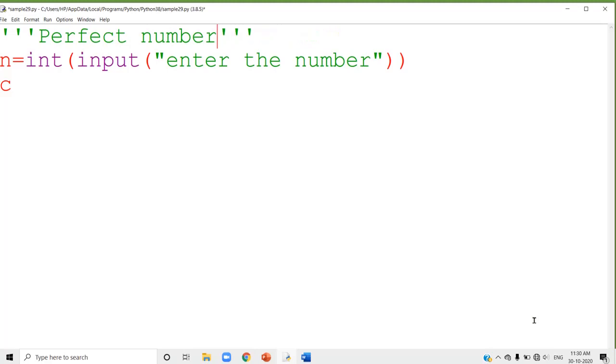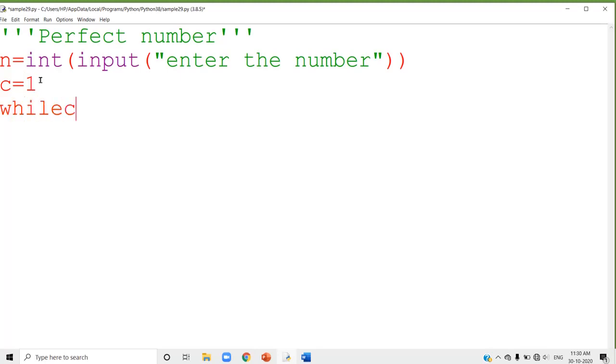So, perfect number, what is the logic? You have to find the sum of the factors. See, you entered the number, n is there. I told you to start with 1 except the original number. Division must be started with 1 except the original number. So, C is 1. Now, while loop.